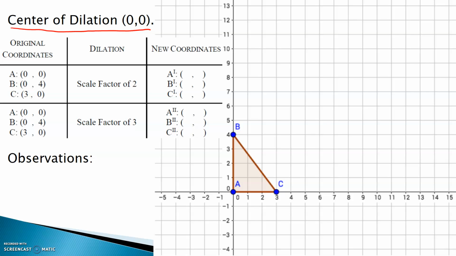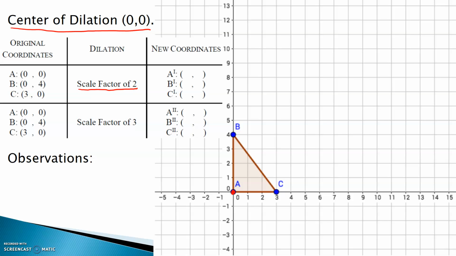So here I did a little bit of work for you guys. So the original coordinates, if you see A here, it's sitting at the origin 0, 0, right? So that's 0. B is 0, 4, so you stand at 0 and you go up 4. That's there. And then C was 3, 0, so you scooted over 3 and you stayed at 0. Okay. Now, I want to dilate this by a scale factor of 2 for the first example here that we